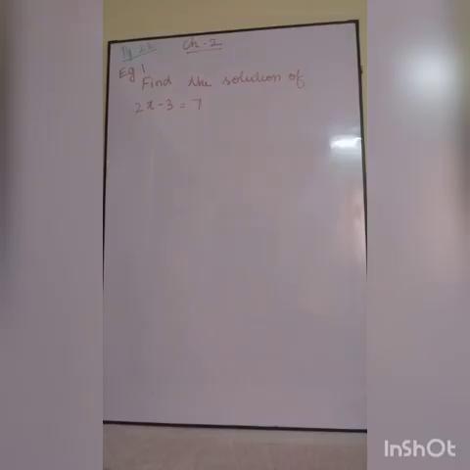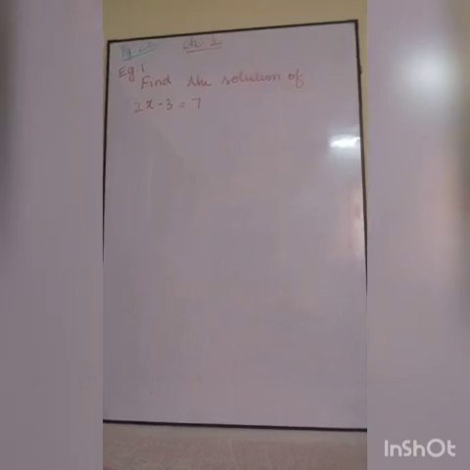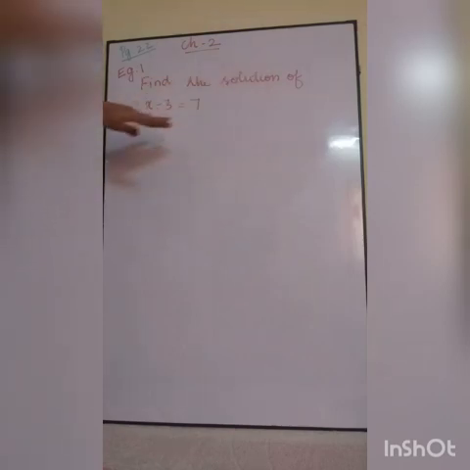We are going to discuss an example problem from chapter 2. I hope you all understood the introductory part which I have taught you. Now this is an example problem, example number 1. You can refer to page number 22 for that. Find the solution of 2x minus 3 equal to 7. We are going to find the solution. Here x is an unknown, right? x is a variable, an unknown. We don't know the value. If you find the value for this x, then that is the solution of that equation. Why am I saying this is an equation?